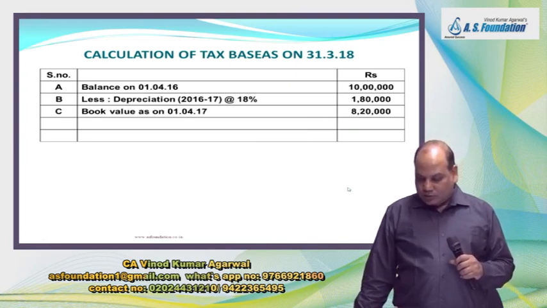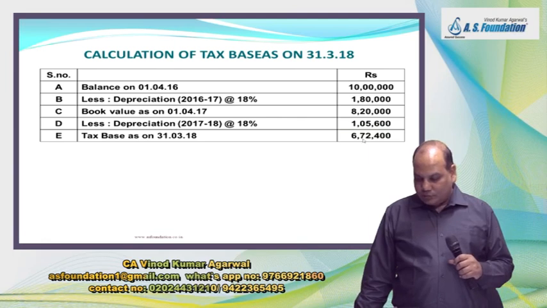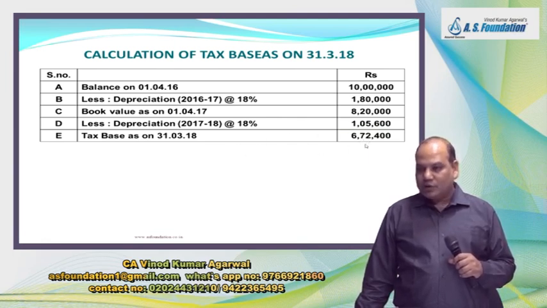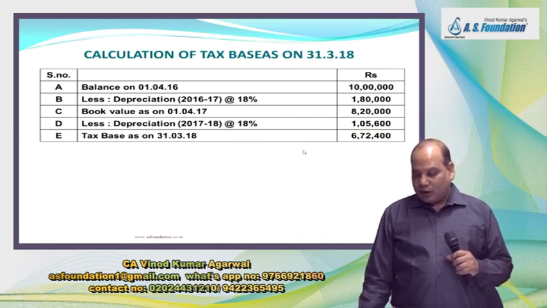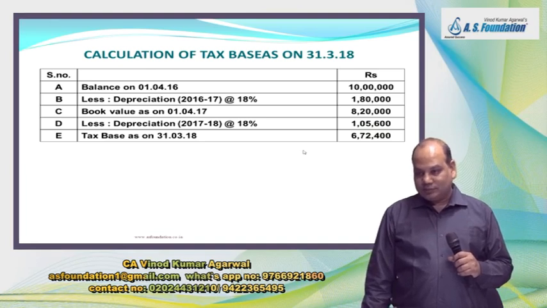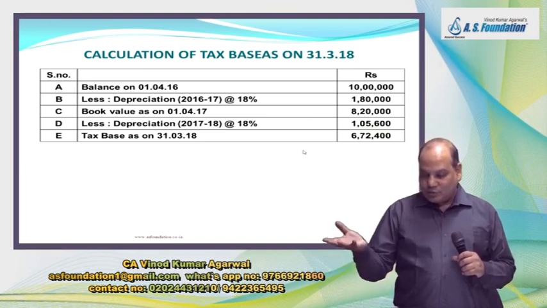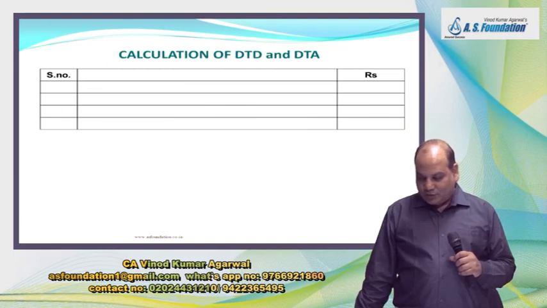So check the answer. If you write in shortcut, it is okay. Are you getting 6,72,400? Carrying amount is less, tax base is more. Therefore,